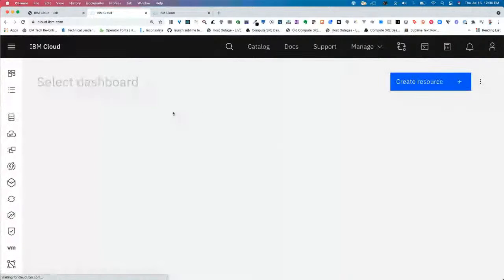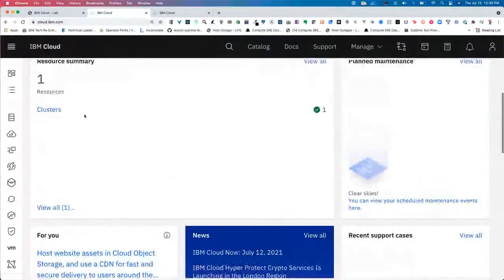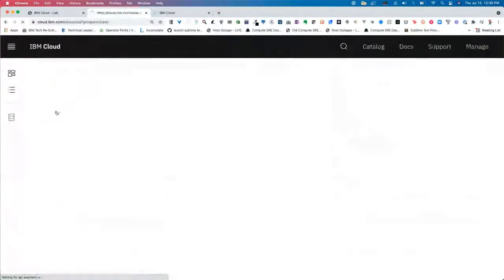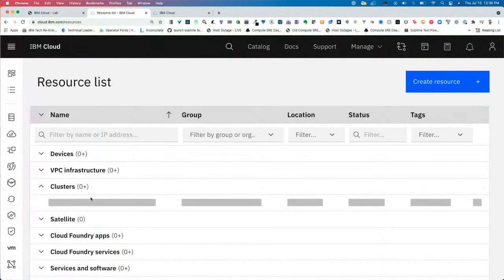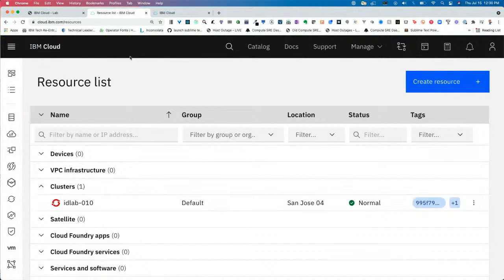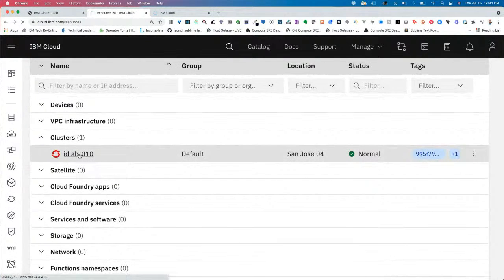When you click on your AdvoWork account, you'll see your dashboard, and you should have your cluster here. So here's my cluster. I just want to show you where we're going to need this information as we work through the lab at a certain point. I like to just keep it over in another tab. So if you click on your cluster,